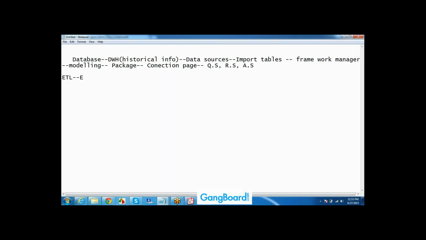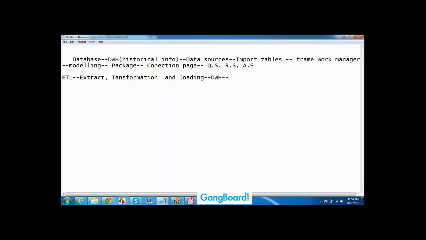Extract means we are picking tables, relevant information from the database to the data warehouse. The second point is transformations. We are storing for the long run, 20 years, 30 years, so we need to use some transformations. End of the day, we are loading into the data warehouse. That is ETL.